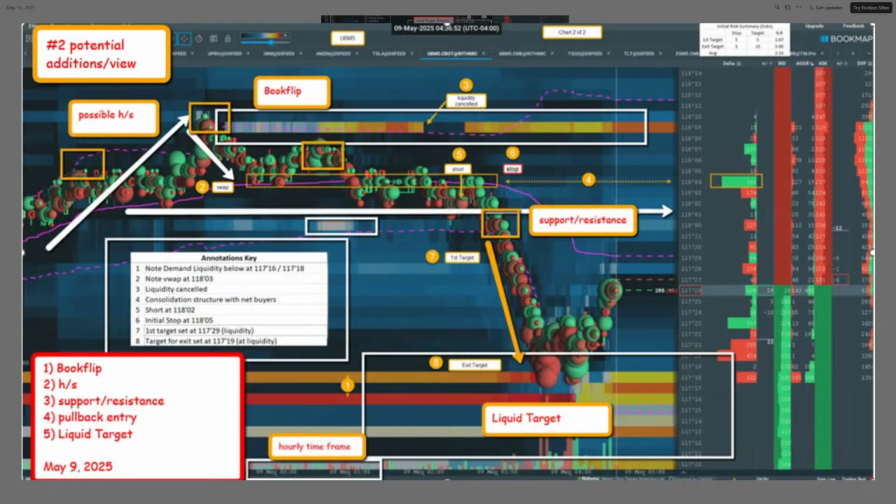And so what I did was, I drew that support, which turned into resistance. And you can see it looks like it could be a little bit of liquidity there. Now, it might have broke that support and turned into resistance. You might have been able to see the pullback a little better. I saw that you're in an hourly time frame. So if you zoomed in, I don't know, 5 or 10 or 15 minutes, you might have been able to see that pullback once that break occurs.